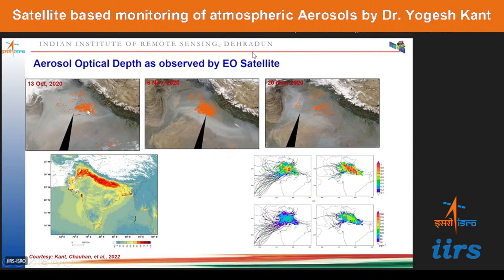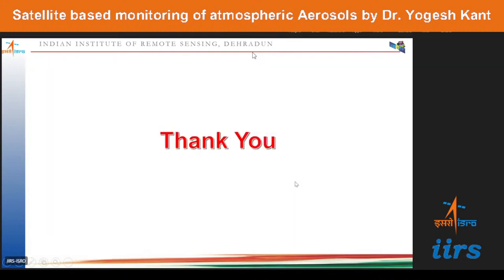We can have, for example, fire points, that is the actual hotspots from where the fire is happening on the ground, and from there you see this is smoke and dust. This white thing is the smoke and dust, how it is traveling, and then you can estimate for different seasons, and you can build what the aerosol optical depth or the dust loading is over each season, and then you can see the intensity of these regions, how they are changing from one place to another place.